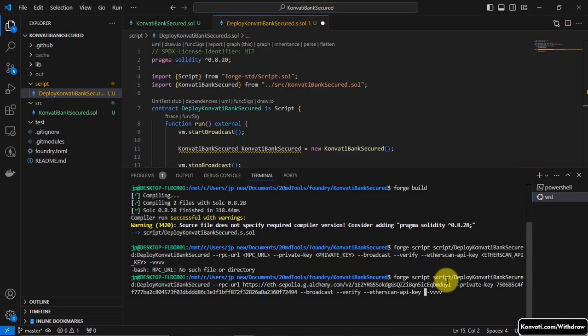Going to copy this and we're going to paste this here. So as you can see, guys, this is the script. This is the line we're going to write: forge script deploy